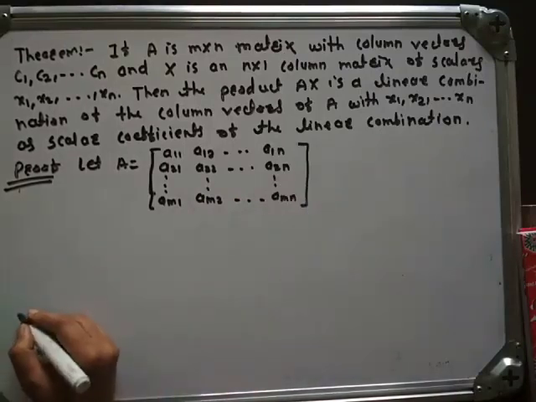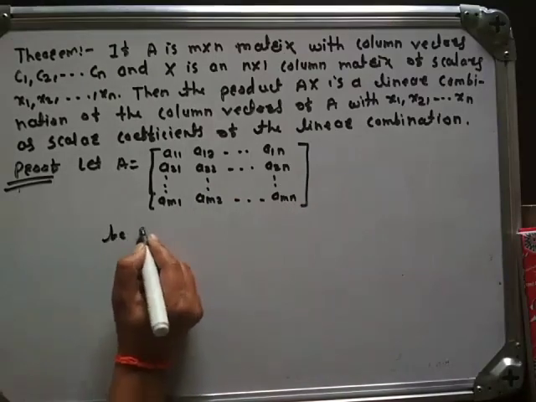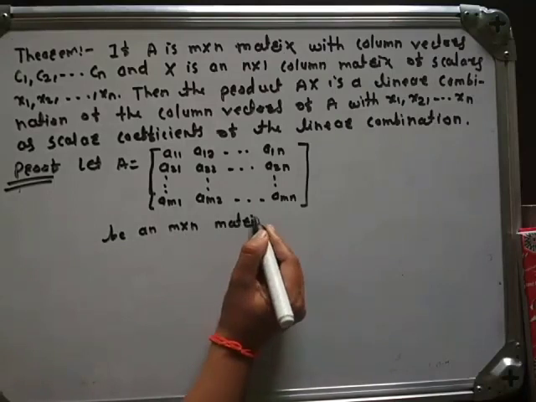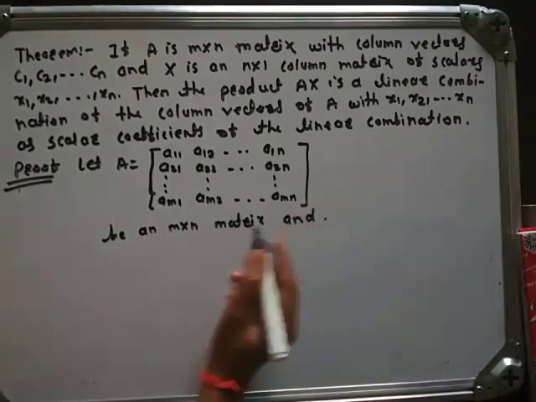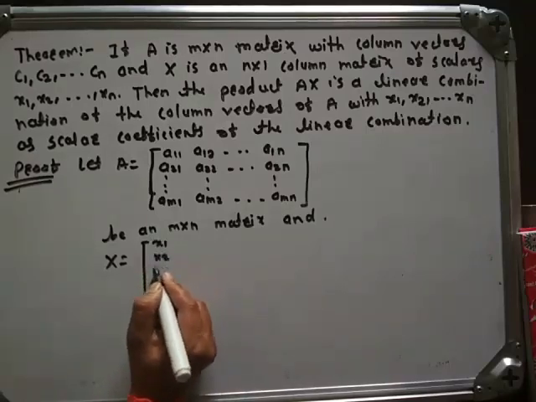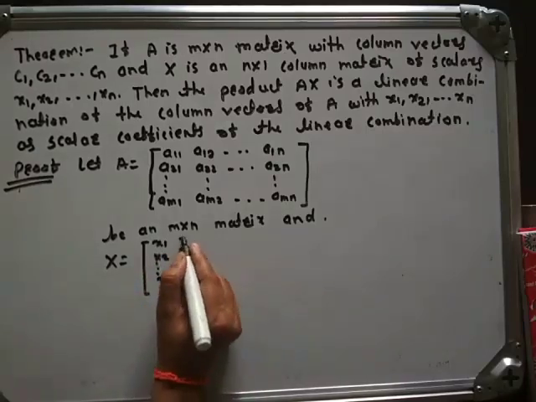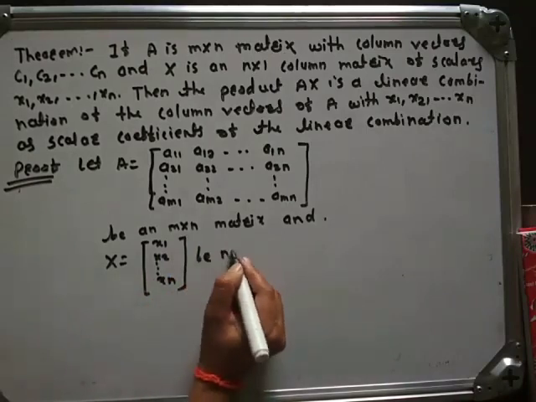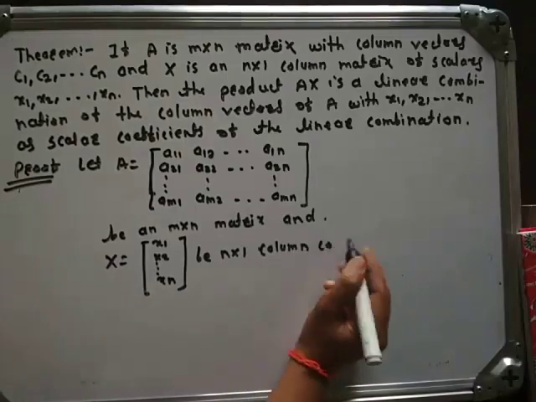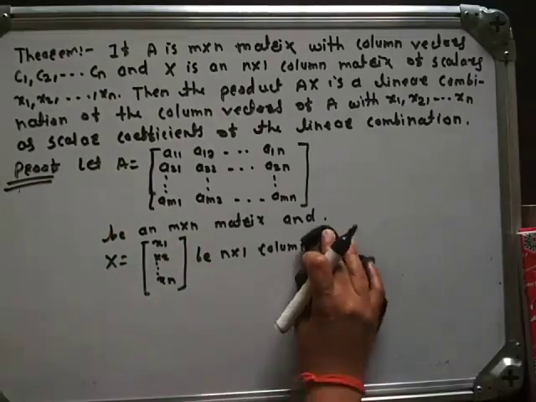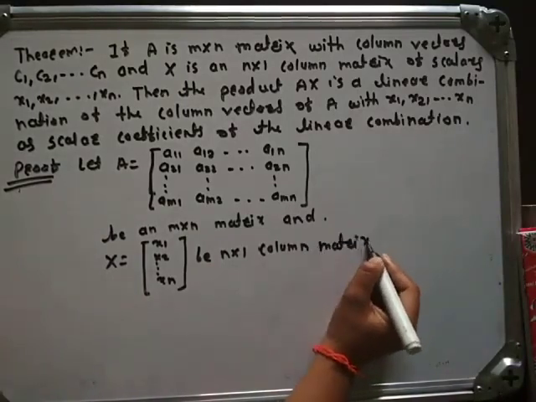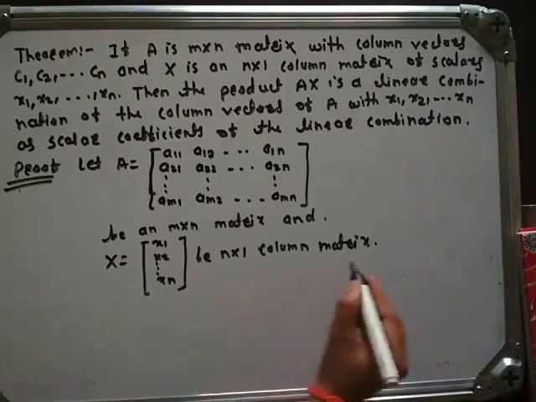This is an m by n matrix, and X is the matrix x1, x2 and so on up to xn, an n by 1 column matrix. Then